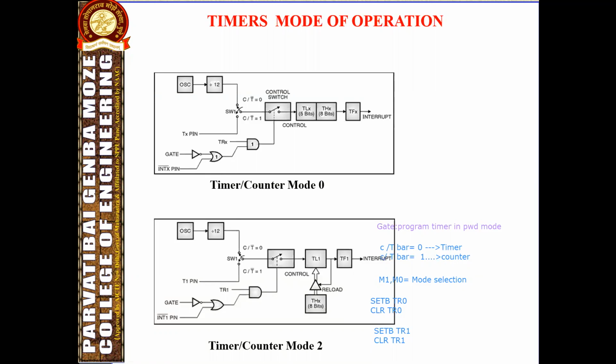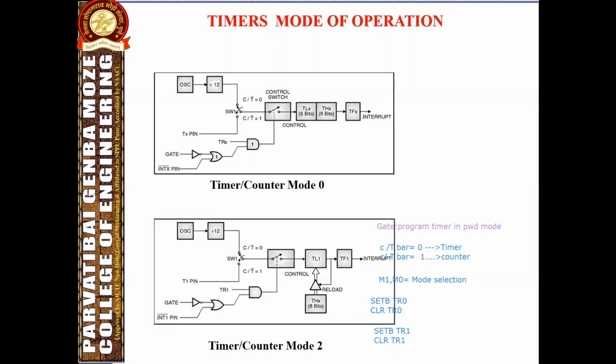If the interrupt pin INT is high and GATE is high, then the timer is controlled by the external input INT, which allows pulse width measurement. TR is a control bit in the TCON register. If the user desires some count in the register and gives the command by the TR bit, the timer or